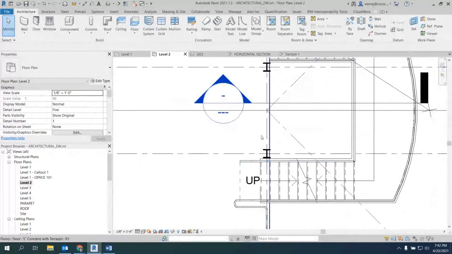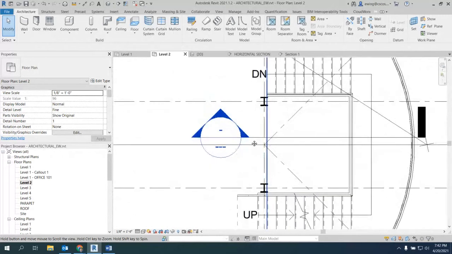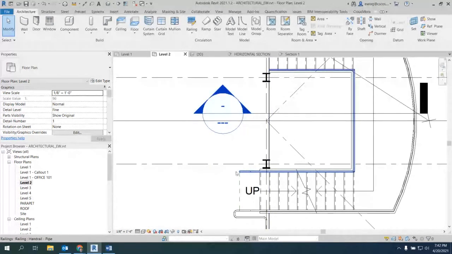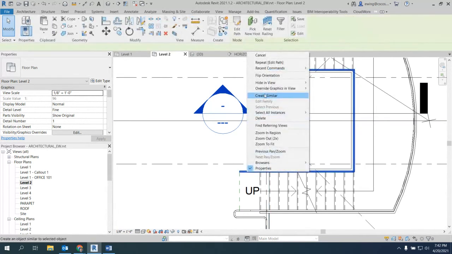All right, so let's go back down to level 2. Now I'm just going to have you draw your own railings. You draw whatever you want, okay? But know that you have to do the same here. And this one, you don't have to extend the railings going down because it terminates right at the exact correct height, right? So if I right click on this railing here and create similar,